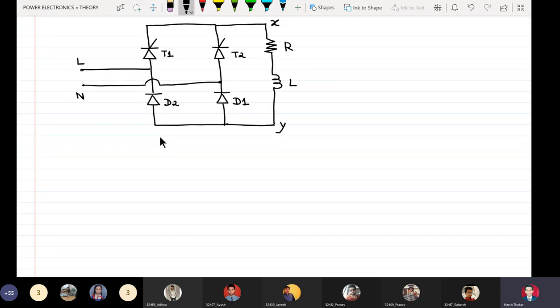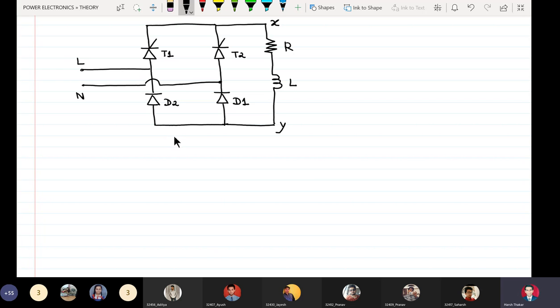In that also, if we have control devices which are not fired at omega t equal to 0 radians and omega t equal to pi radians, then again we break the PHC into two intervals. The first interval is from omega t equal to 0 to the instant alpha where the device is fired, and the second is from alpha to pi. Similarly, the negative half cycle is also broken into two intervals: omega t equal to pi to the instant pi plus alpha where the second SCR is fired, and the second interval from pi plus alpha to 2 pi.